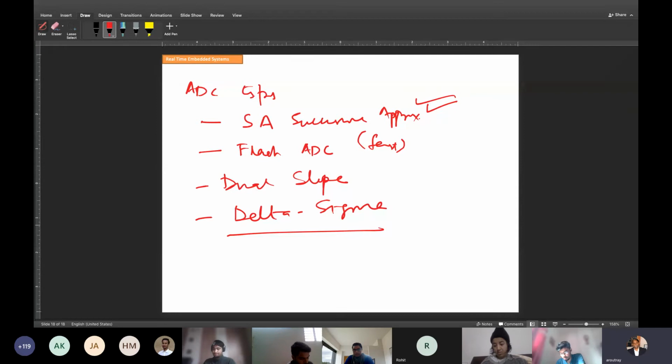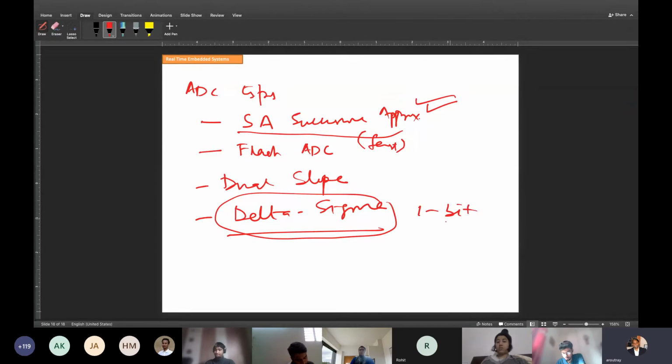So this consumes a lot of power. This one consumes the least power because the number of bits is very small. It is sometimes called a 1-bit AD converter. 1-bit ADC. Is that clear? So these are different principles. You have to choose one of them. Let's say you choose SA, you choose 8 bits, and you choose some sampling frequency.